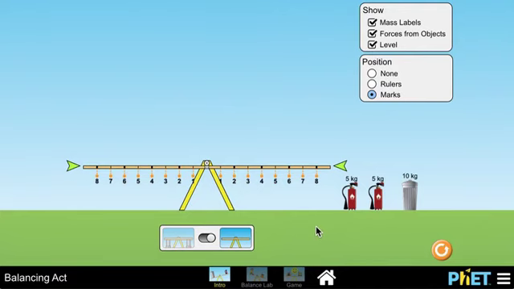Okay, so I've got an example here. This is from the website PhET again. Nice little simulation of like a seesaw or something. I'll show you really quickly something to do with moments here. So here is my pivot or my fulcrum. This is the point about which this thing will rotate. If I put something on here,